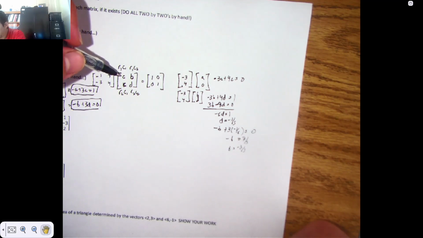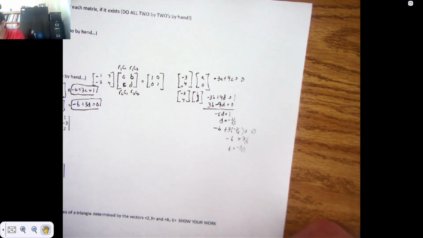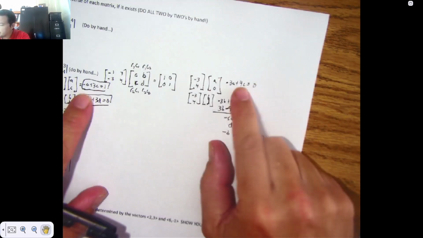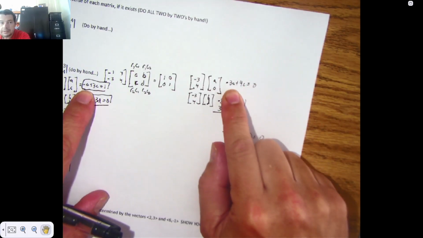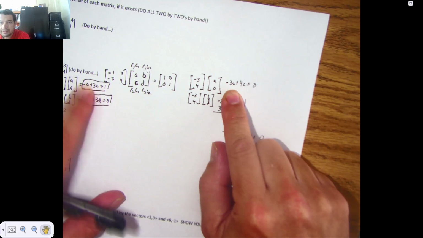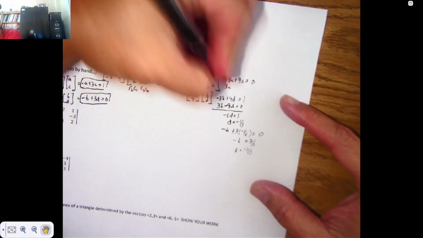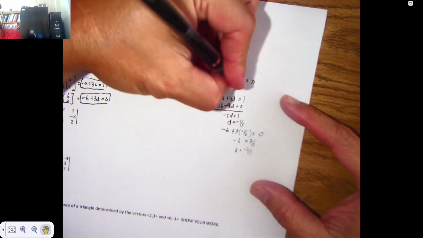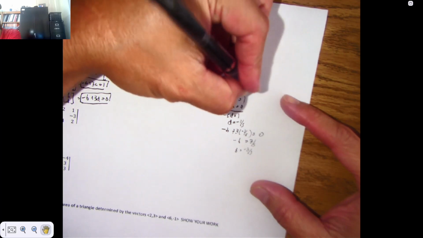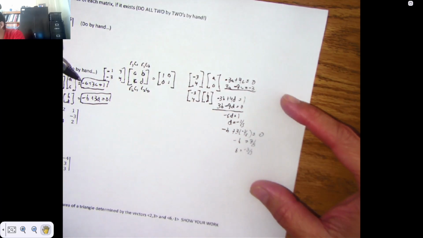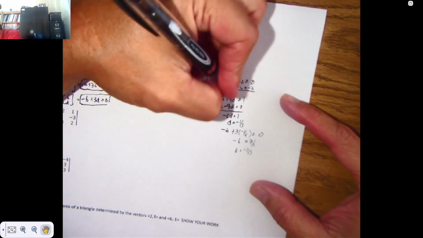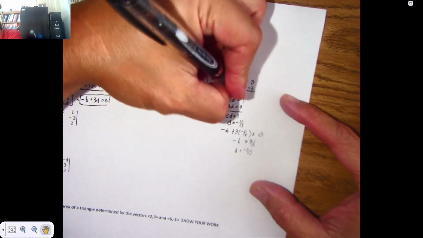Since I have B and D, I guess I've got to play with A and C, which means I got to do the elimination technique. So I'm going to do it very similar to the last one. I'm going to take this equation, I'm going to multiply it by a negative 3. That'll give me a positive 3A minus a 9C is negative 3, because I multiplied everything by a negative 3. If I add down, I'll be at negative 5C equals negative 3, and that gives me that C is 3/5,